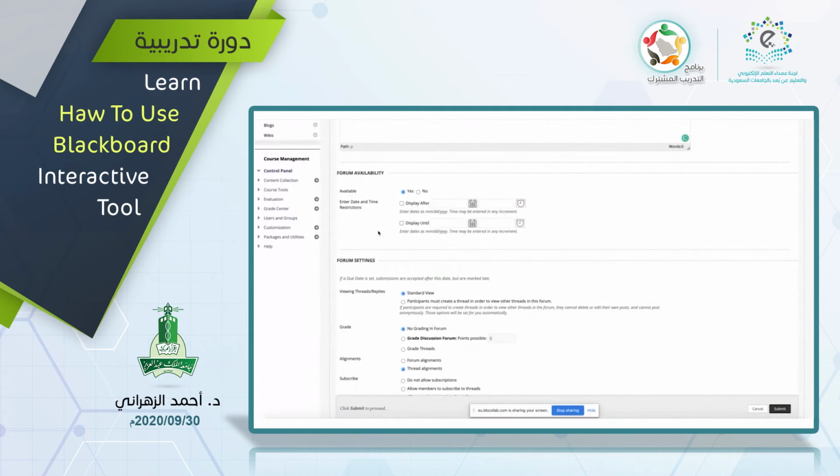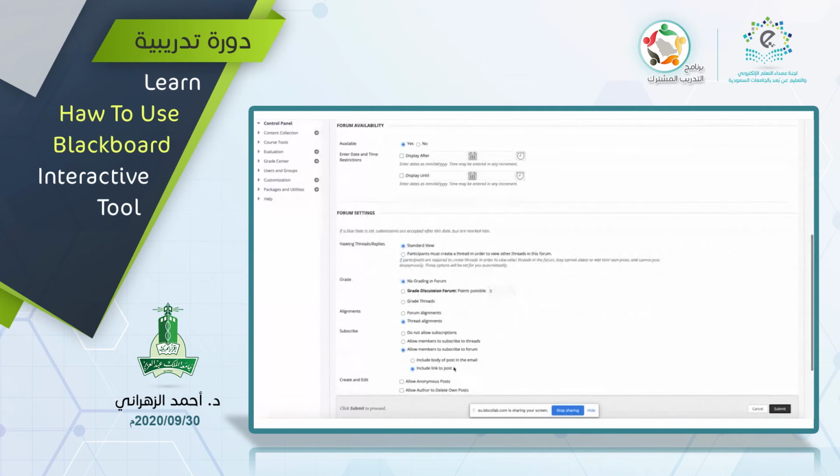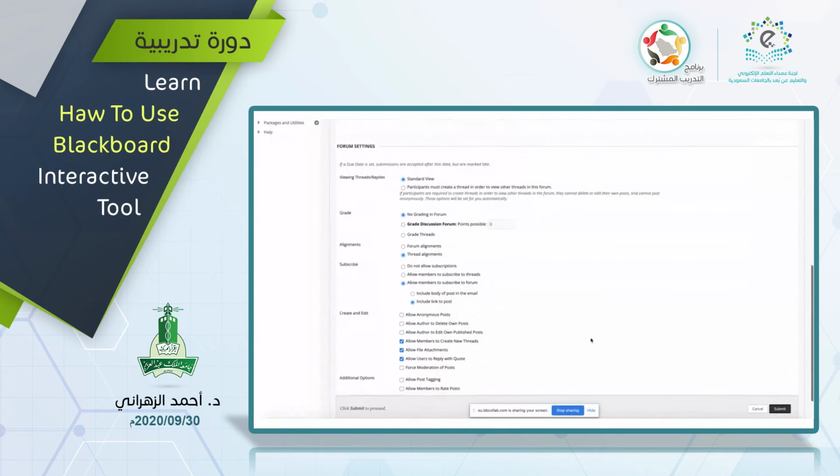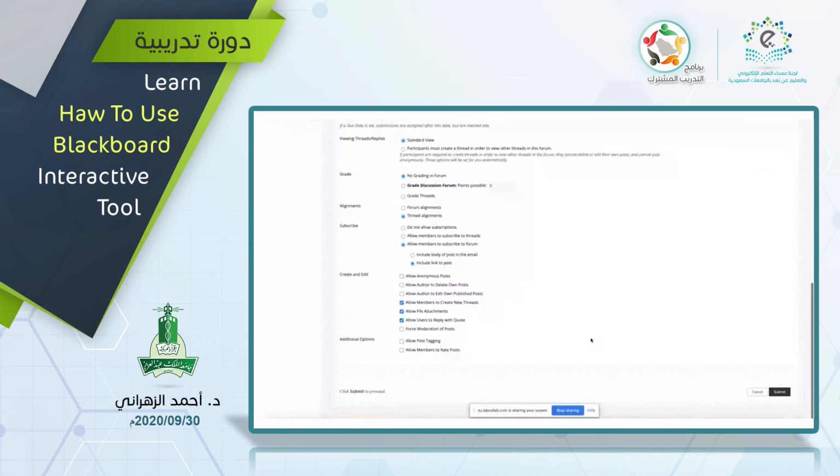Once you create it, you have to take care of these settings, okay. The first one, just make it available if you are ready to make it available for your students, then click yes, otherwise no, and select the day to start showing it to your students from and to. Otherwise, if you click yes, that means it will be available once you click here and submit, okay. For the forum settings, we recommend keeping the standard view, and if you want to include some marks with the forum itself,